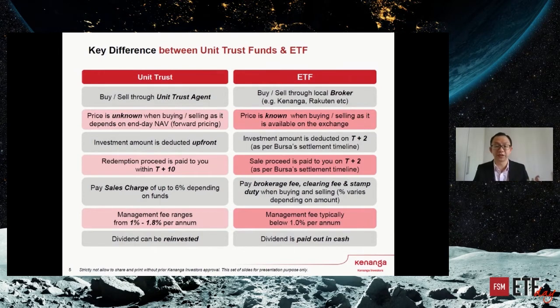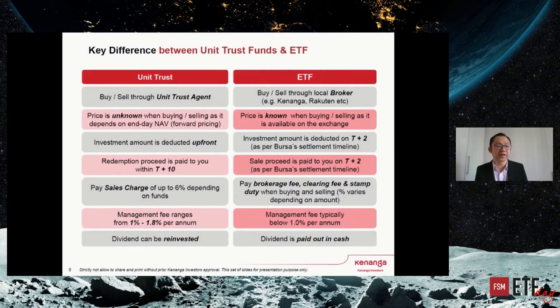If today I walk to an agent and I tell the agent, look, I want to buy 1,000 units of ABC fund, only at the end of the day will I know how much I need to pay, because of the end-of-day NAV calculation. While for ETF, when you trade on the ETF itself, you will know the price intraday, because there is an exchange. So when you buy and sell, at that moment itself you will know how much your cost is, and you can control. I look at the price now, okay, I'm happy with this price, I buy. Rather than with unit trust, where you just take a bet.